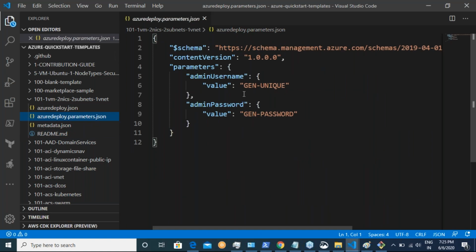Okay. So if you don't like this, you can basically change the values. He's trying to give gen unique and gen password. That is the username and password. If you want, you can change them. Okay. Right. Now, once we have this kind of a template,